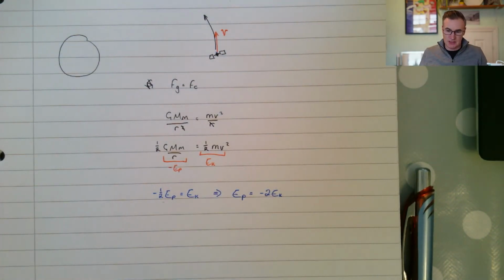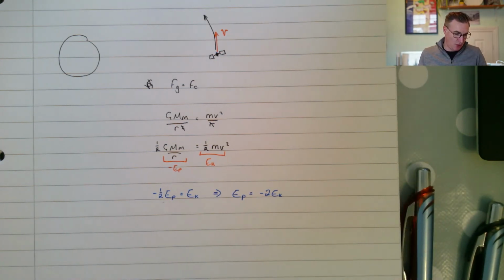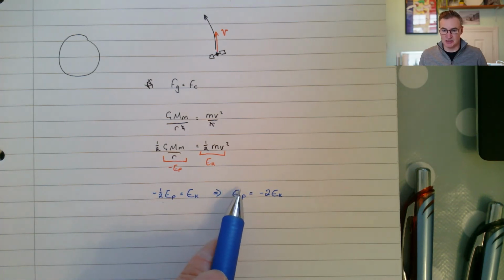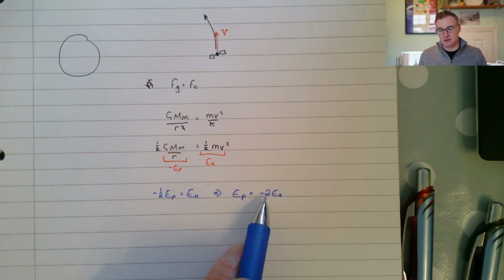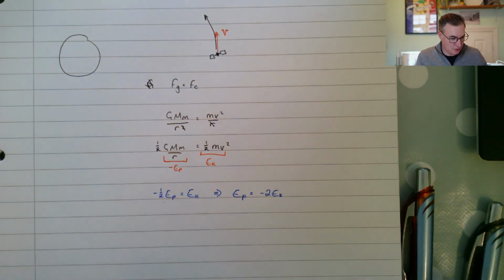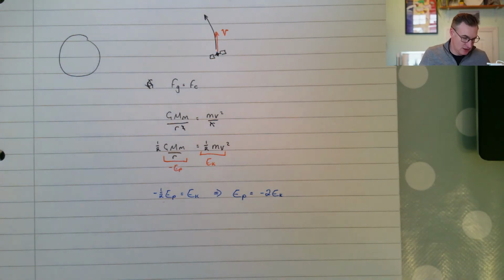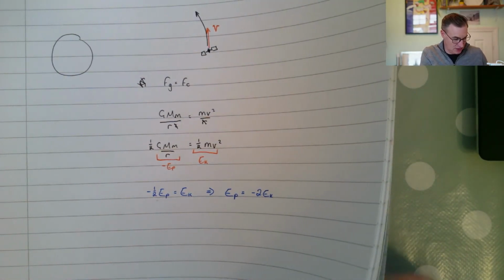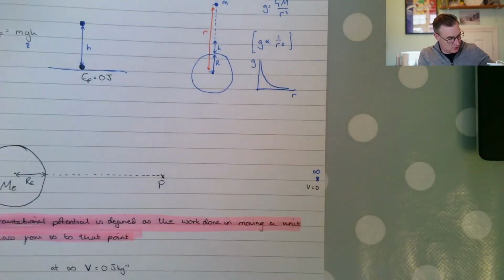So that means at any point, the kinetic energy of a satellite is going to equal minus a half of its EP, or its EP is going to equal minus 2 times the EK of the satellite. And so, for example, in the last question we did,